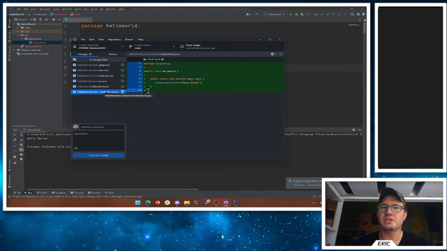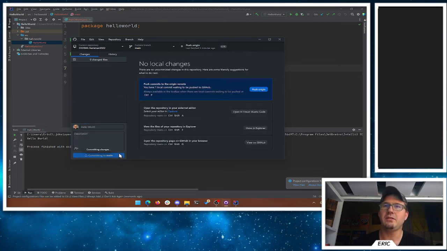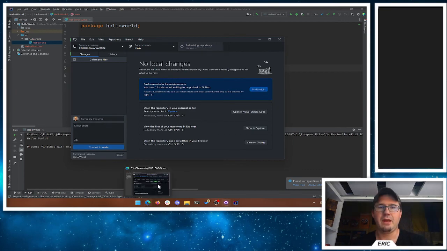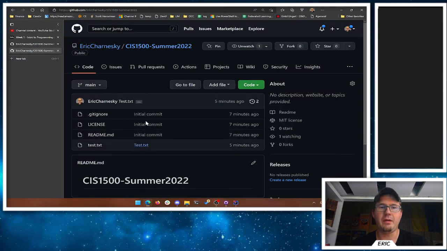So we see hello world.java. And notice it's in a source folder. So source is a folder. Hello world is a package. It's just a folder. And then we have hello world.java. We can see all of our code here. And Git says, here's all the new stuff that was added. Great, so we can have hello world. We can make that snapshot, that commit, say here's what the folder looks like at this point in time, and push. And then when we come back to our website here, I'm just going to come and refresh